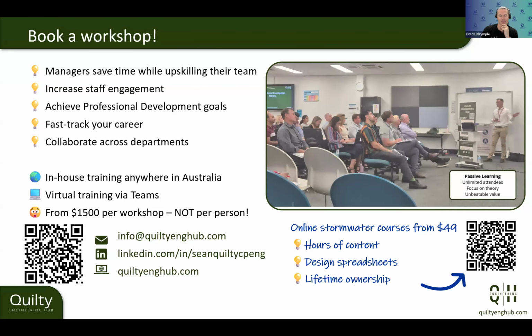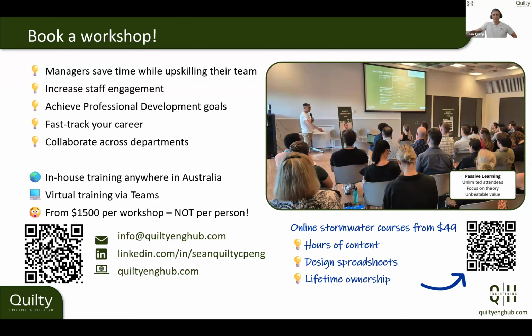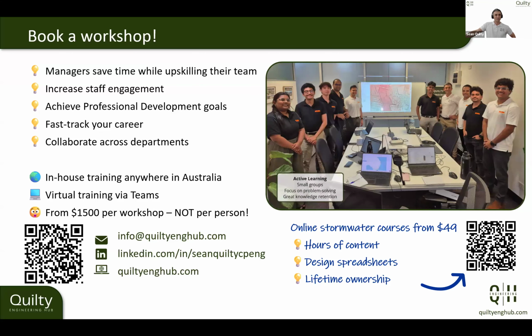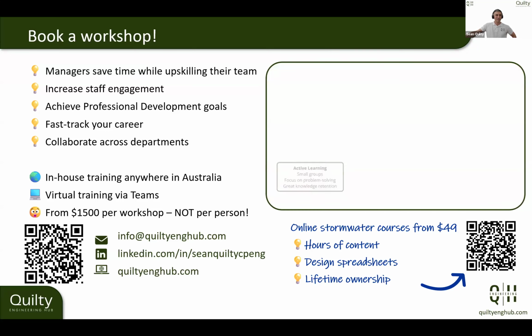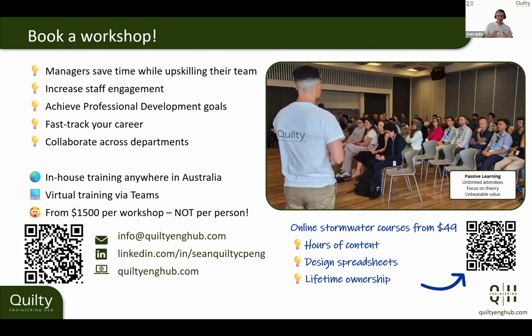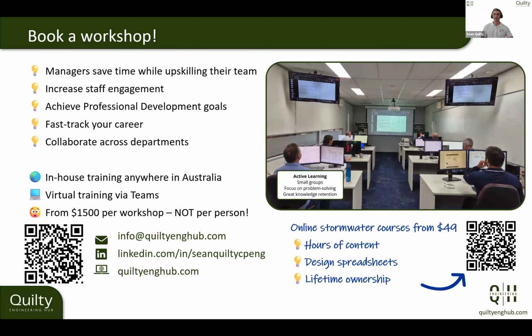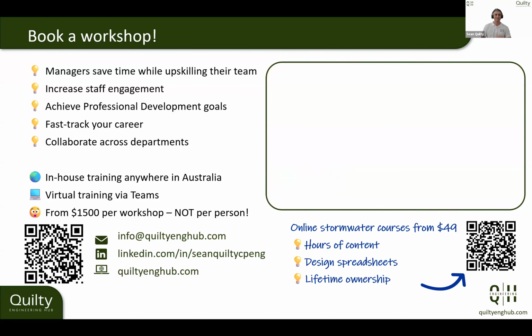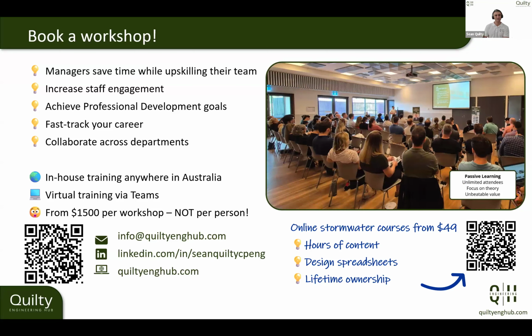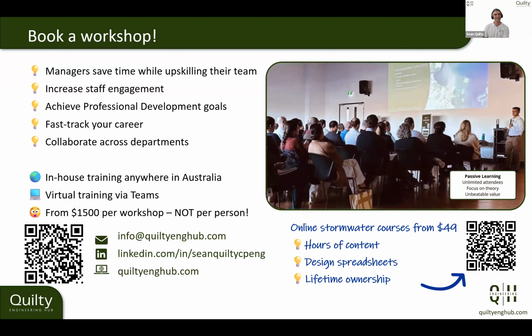Rowan asks, for sea level rise, is backflow valves the only practical engineering solution for a coastal town, or any other suggestions? I would say backflow prevention devices are a backup. I wouldn't be relying on it solely, only because it's only a matter of time when you have your peak storm event occurring at the exact same time as a king tide, for example, or a cyclone hits, and then you've got storm tide inundation as well. And when those two hit, then all of a sudden your stormwater system is out of order. It doesn't work. So you wouldn't want to rely on it completely.